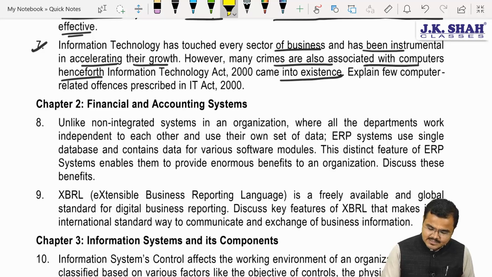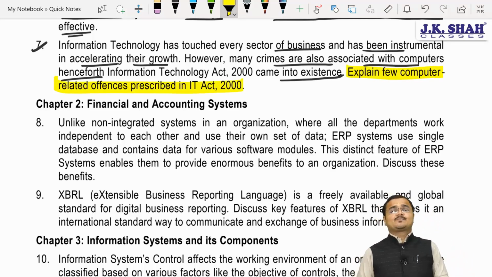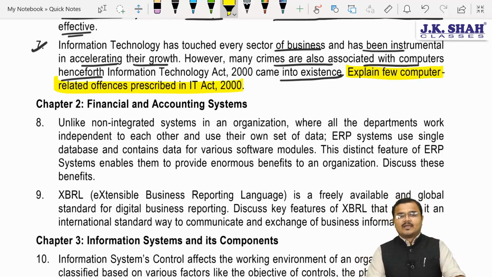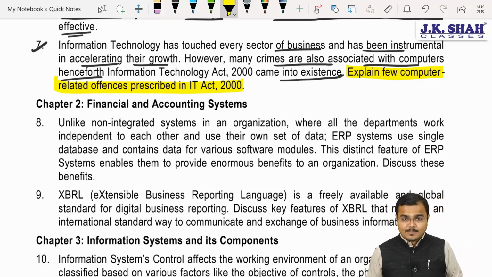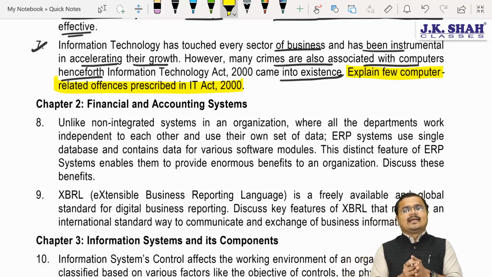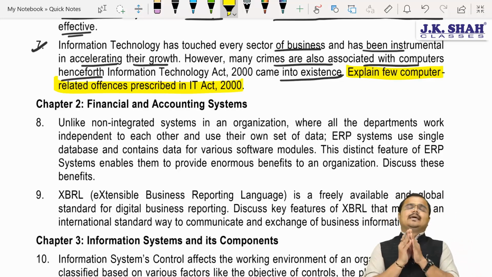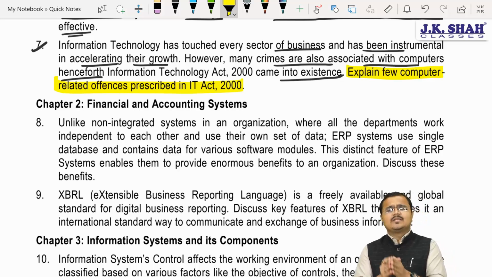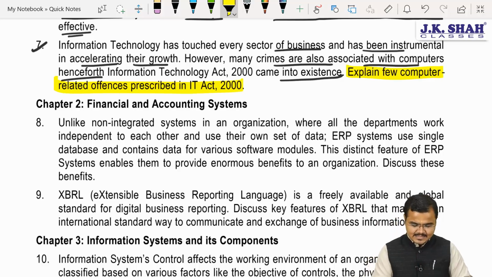Now chartered, you need to understand these lines very carefully. They said, explain a few computer related offenses. In your chapter they have covered two most important aspects: number one, computer related offenses covered under section 43, and second, computer related offenses. So chartered, if they have not given a proper section such as section 43, then please make sure that we write down the generalized or commonly known IT issues. Agree? Yes sir. Let's see, chartered.